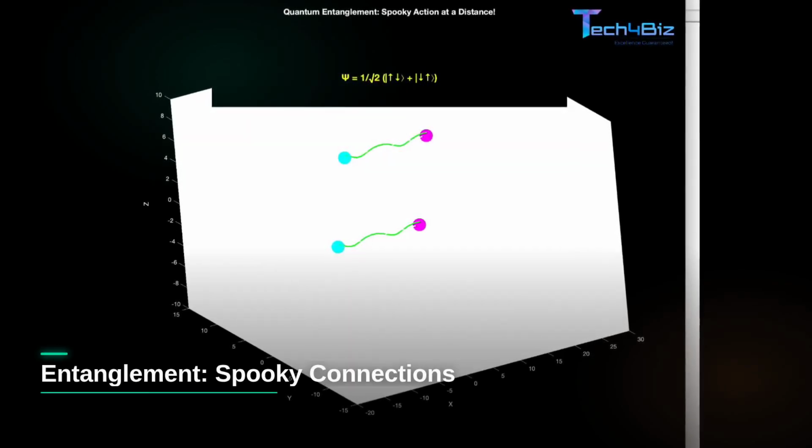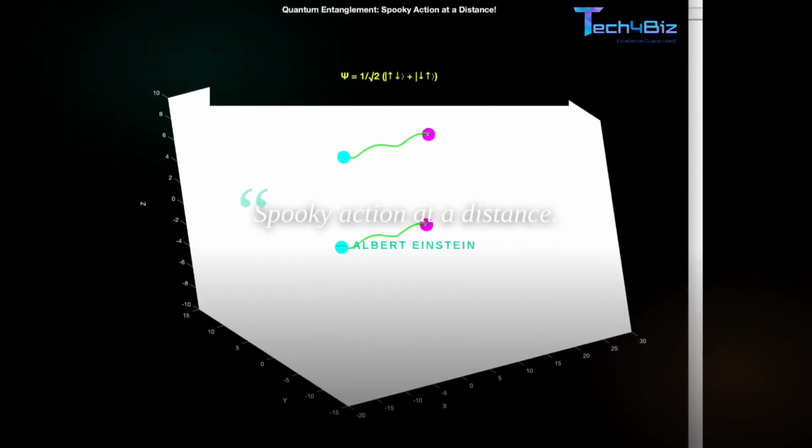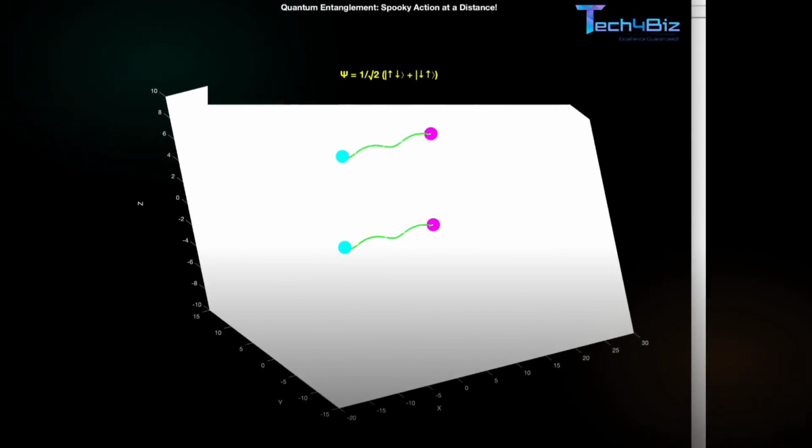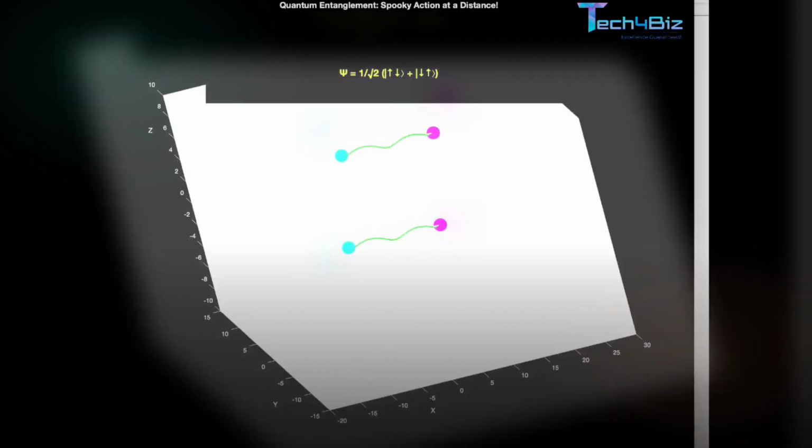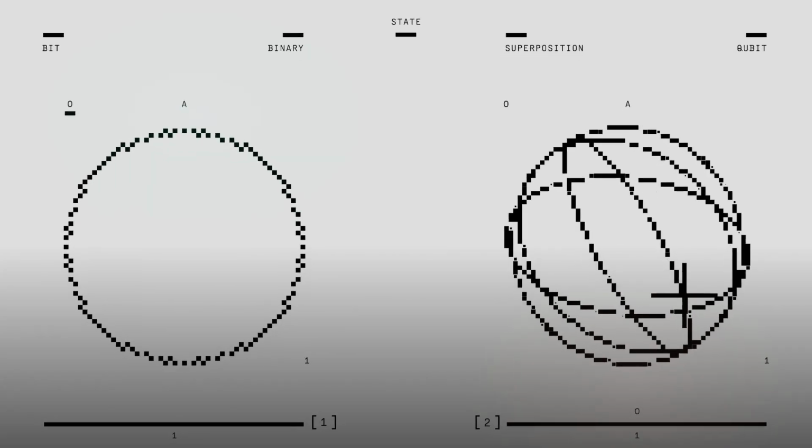Beyond superposition, there's another quantum phenomenon crucial for quantum computing: entanglement. Imagine you have 2 perfectly linked dice. If you roll one and it lands on a 6, you instantly know the other one, no matter how far away, will also land on a 6. They are correlated in a way classical physics can't explain. Entangled qubits share this deep connection, they become intertwined, and the state of one instantly influences the state of the other, even when separated by vast distances. This spooky action at a distance, as Einstein called it, allows quantum computers to perform incredibly complex computations by correlating